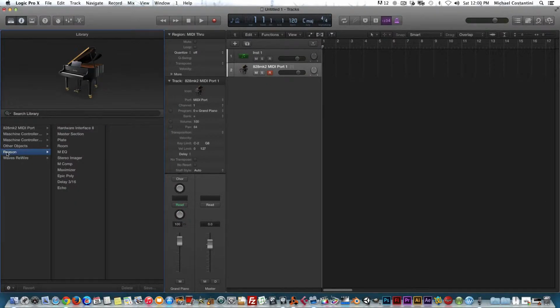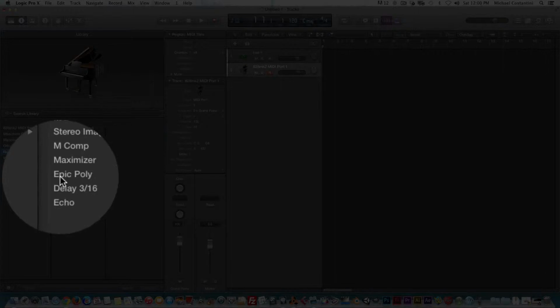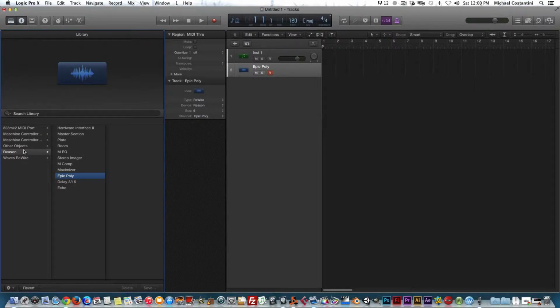And then from here, you just have to connect this Reason channel to the synth. And the way it's labeled, it goes by the synth patch. So remember Epic Poly, well, there it is right here. I know you're thinking it should say Thor, but the way this connects is through